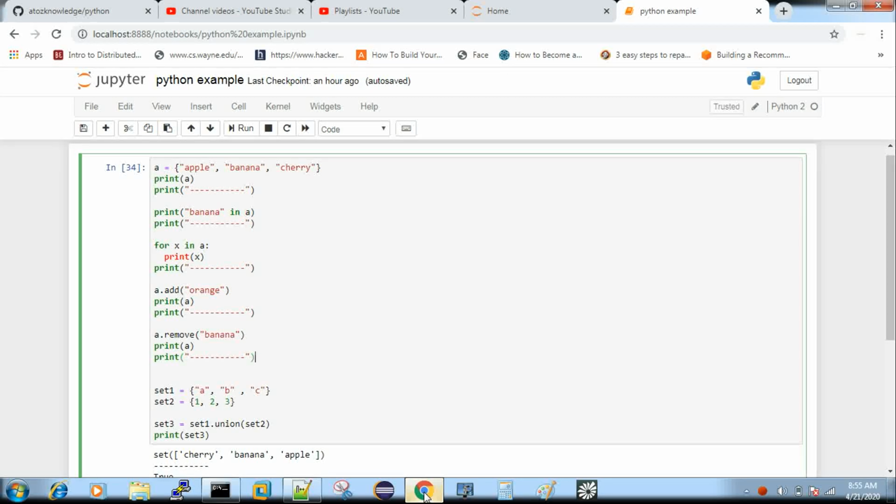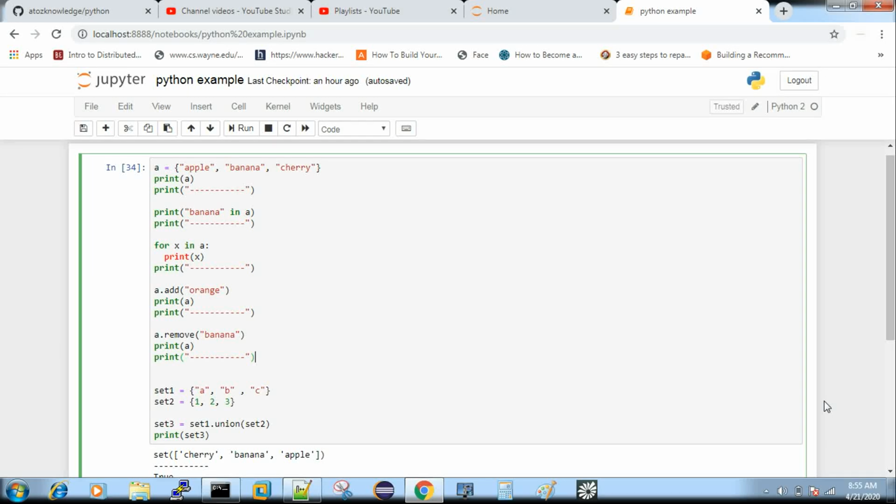The reason behind this is that set is unordered, and very importantly, it's unindexed. There is no index maintained in it, so you cannot fetch a particular element based on the position or based on the key, because we don't have key-value pairs here, and we don't have position numbers because they are not indexed. This is something we always need to keep in mind before we get into set. That is why mostly we use lists and dictionaries a lot in the programming world.